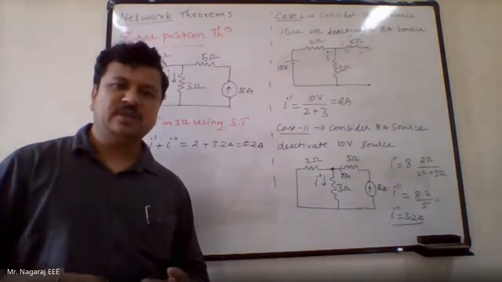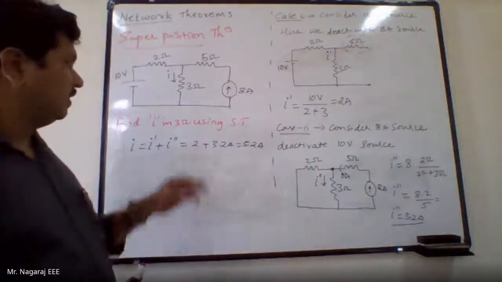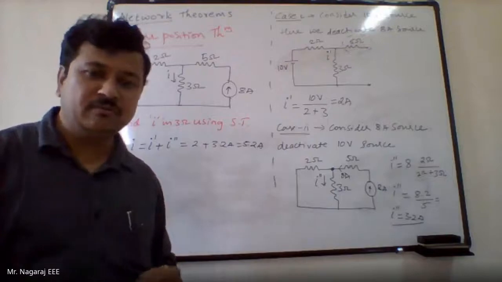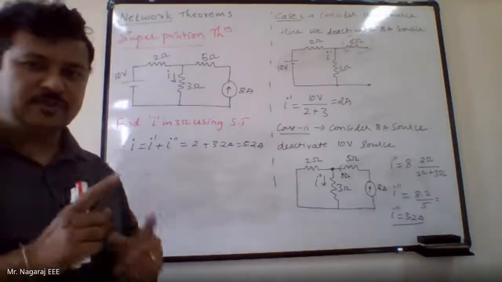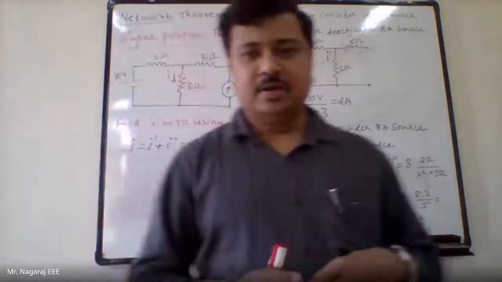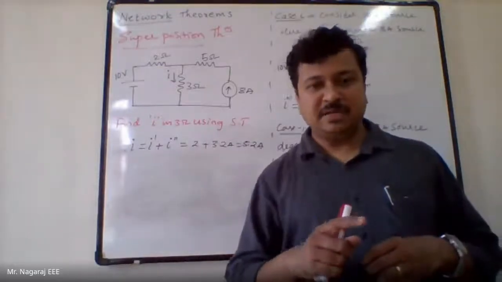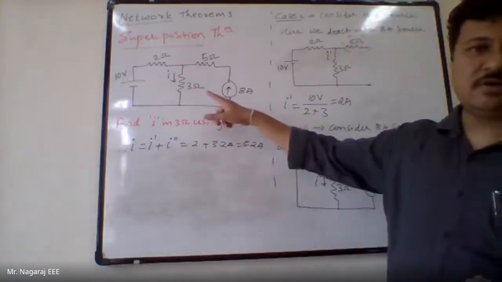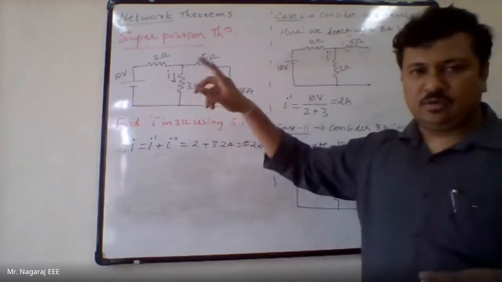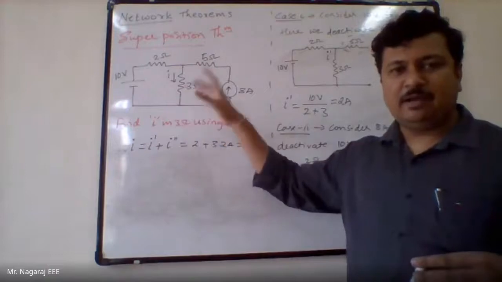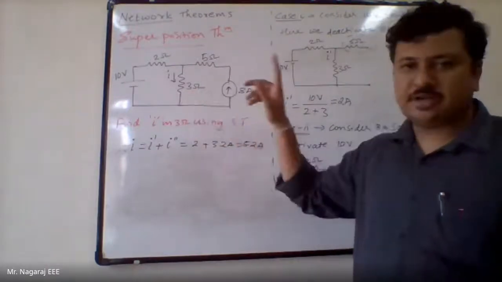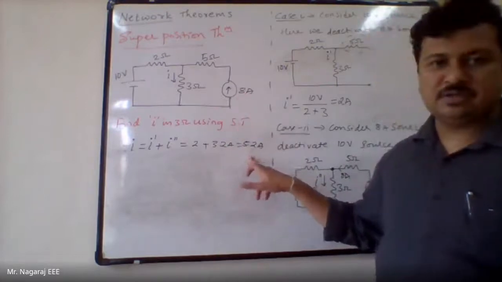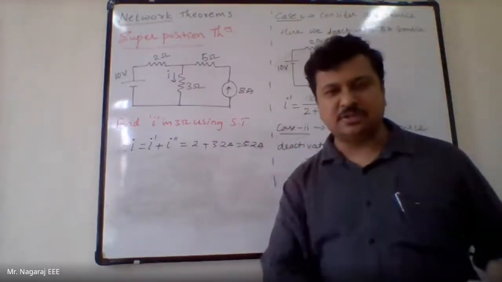We should be verifying whether it is true or not, whether the statement I have defined is applicable to a circuit or not. So I now want to verify the superposition theorem by using basic network analysis techniques. Either I will use a node analysis or mesh analysis, and I will check what the current in the 3 ohm is. If it comes to 5.2 amperes, then I will believe that the superposition theorem is correct.